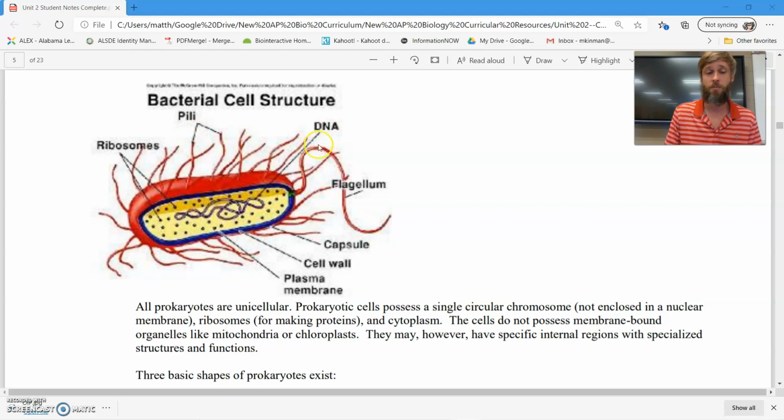We have DNA, so bacteria have their own DNA, but they actually have their DNA plus extra DNA, which we'll talk about further later. Some of them have flagellum, not all of them do, but these flagellum are whipping little tails that make them move along. Some of them have capsules for extra protection. Within that, they have cell walls similar to plant cells, but made of a different substance. Peptidoglycan is what it's made of, not cellulose like in plant cell walls. And inside that, just like us, they have a plasma membrane.